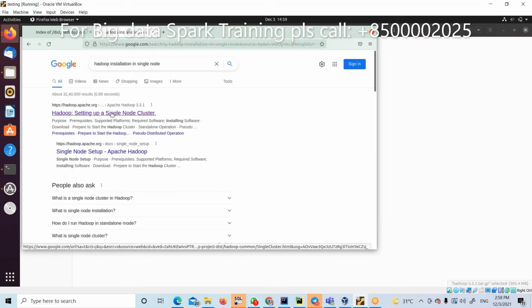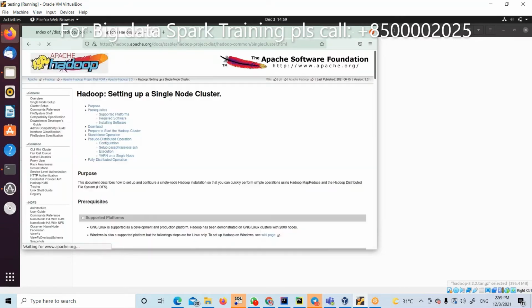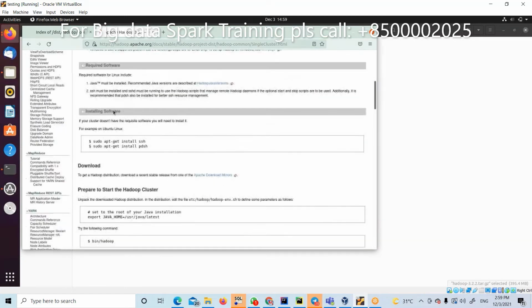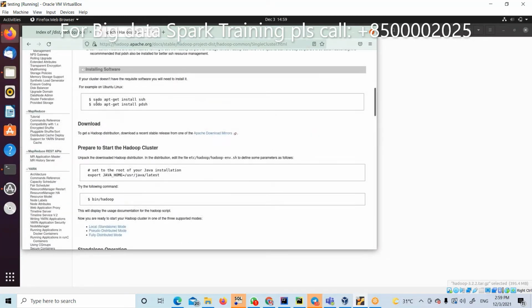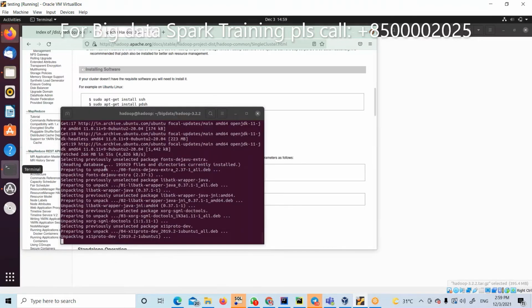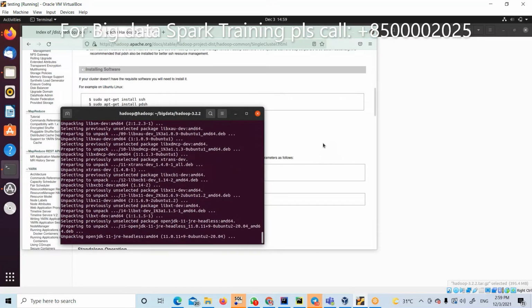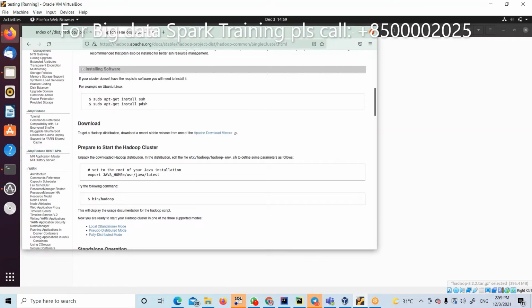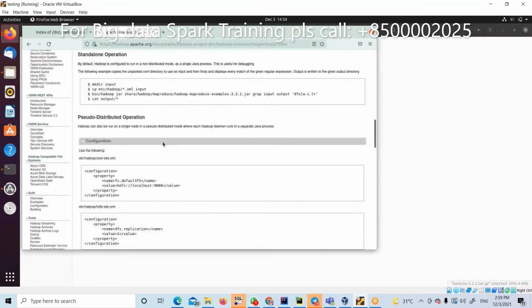This is a sample documentation, if you want an example. Next, you have to execute these commands. Execute this command. You have to configure this Java file. If you just follow this documentation, I think the Java installation is still going on. Within this time, what next?